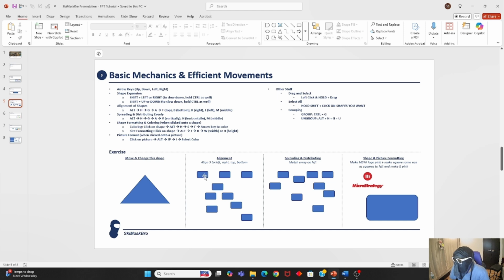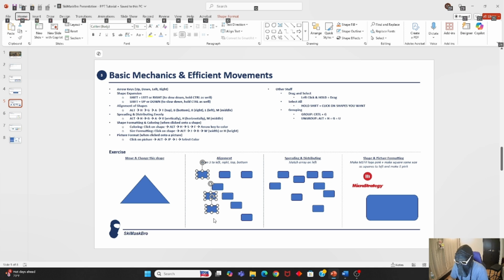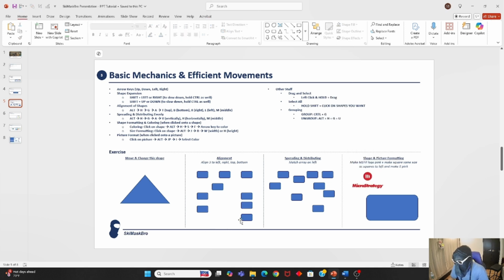And now the alignment is align 3 to the left, 3 to the top, 3 to the bottom, 3 to the right. Basically the tops are already aligned. Now you need the left, so the left is going to be Alt HGAL, Alt HGAR, and then to the bottom. Oops, this is kind of like a puzzle. You have 4 here, you have 3 here, so you want to do the top. And now we're just going to make this into a square, so we're going to make sure everything is